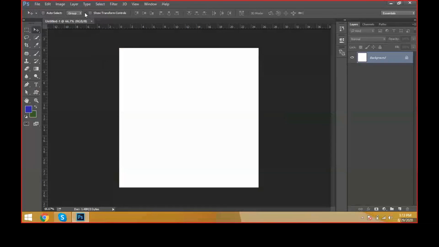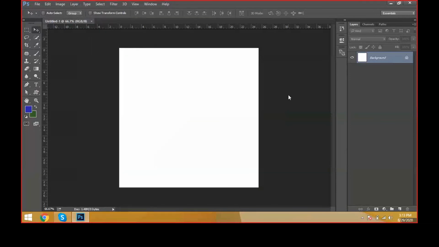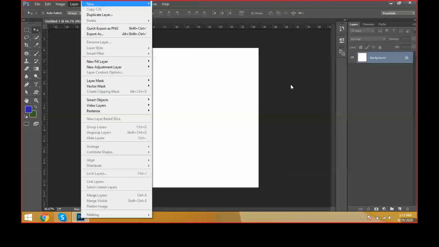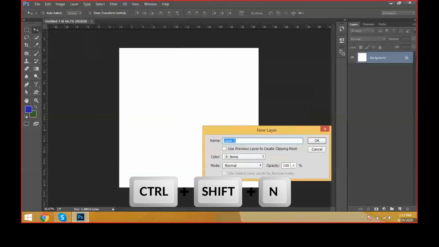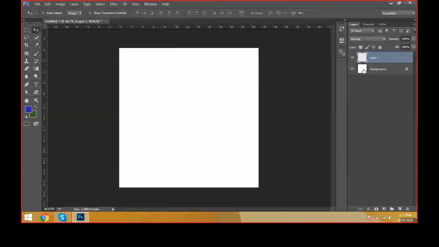Now to take a new layer, come to Layer, New Layer, and we have a shortcut, friends: Control Shift N. If you press it, automatically we can see the new layer.